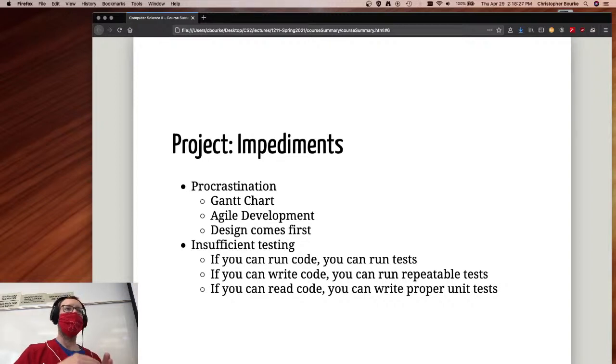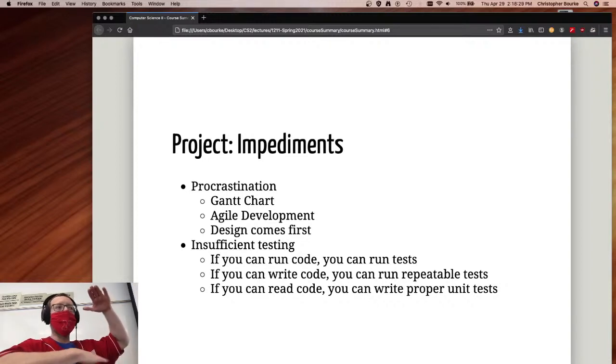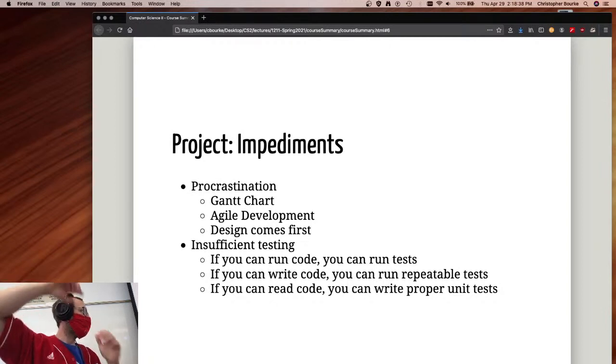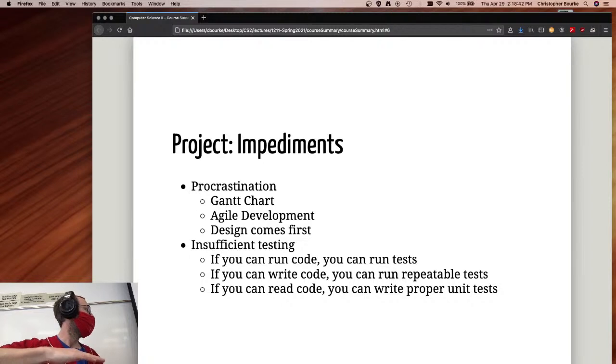And note the level here, right? Down here is the highest order cognitive ability, and up here is the lowest order cognitive ability. So if you want to think about them from low to high, up here, just running code doesn't take too much cognitive ability. Writing code takes a little bit more because you need to know how to code. But what requires even more cognitive load and cognitive ability is actually reading code.